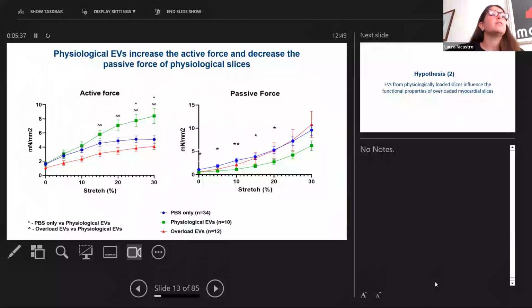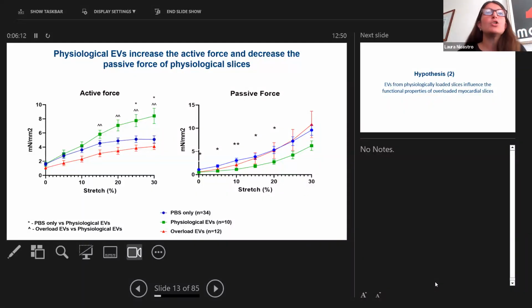What we observed, so here you can see in green is physiological EVs applied on top of physiological slices. In blue is the control, so physiological slices treated with vehicle PBS. And in red, overloaded EVs on top of physiological slices. What we noticed is that overloaded EVs did not have any effect on physiological slices, but physiological EVs were able to not only increase the active force of physiological slices, but also to reduce the passive tension and therefore the